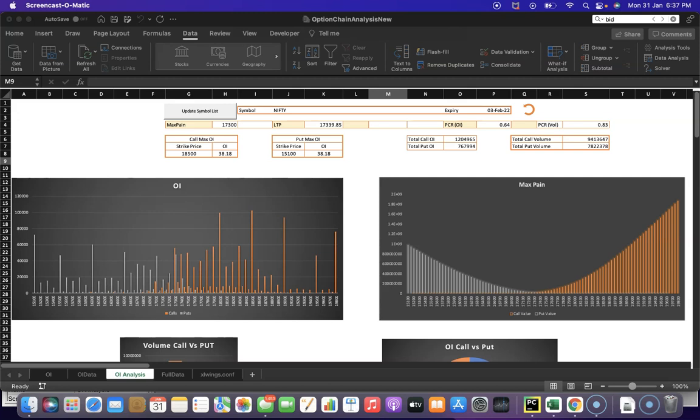Hey everyone, in this video we'll see how to fetch the data from the new NSE India site without updating the cookies manually. It means we can get the cookies automatically using Python code, and with those cookies the data